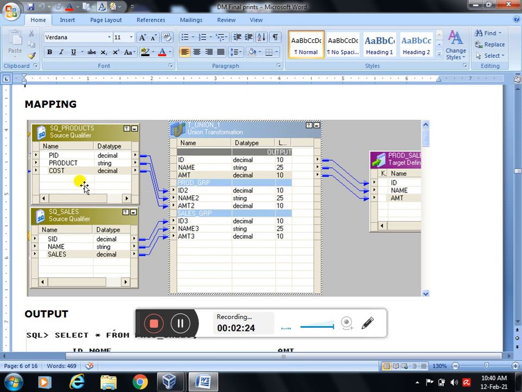The last one is the cost for the product, and here the salesman sells the product, sales. So we created the port named amount. It is cost and also sales. So we have to create the target table like this.